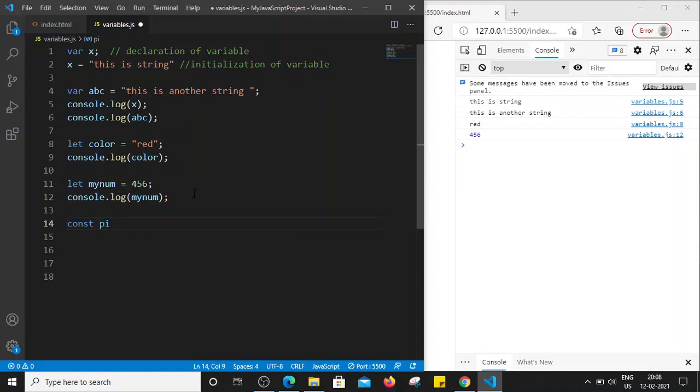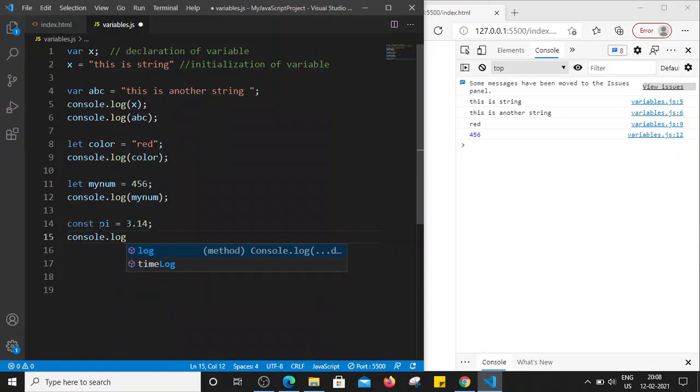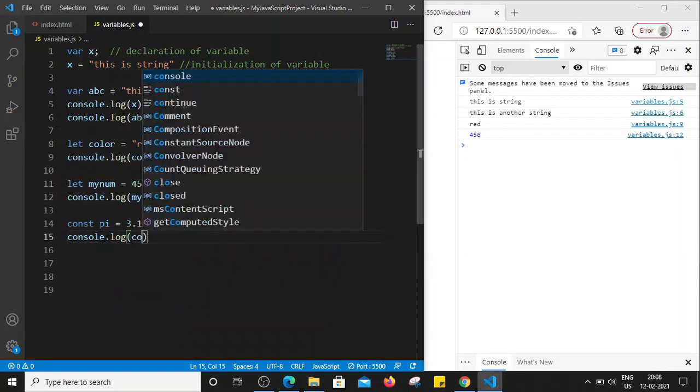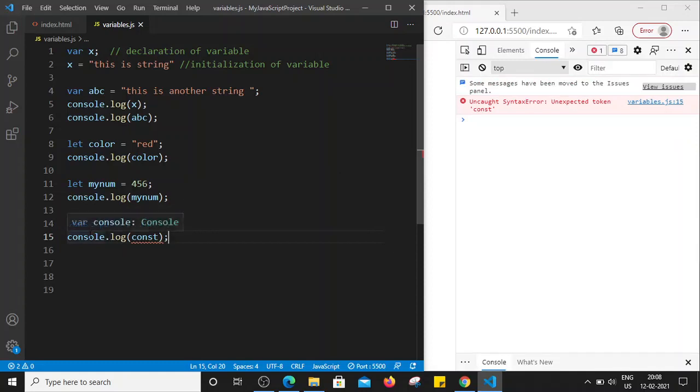So for example, now I am creating one variable known as pi, which is going to be defined as a constant, right? So const pi is equal to 3.14, and let's print that as well, console.log const, semicolon, and I am saving the file, right? So we are getting some error.